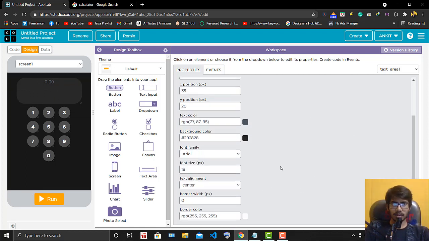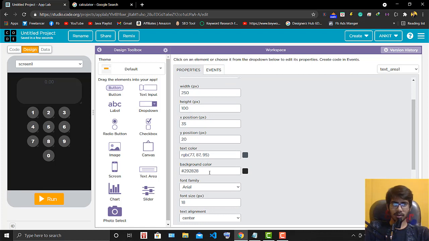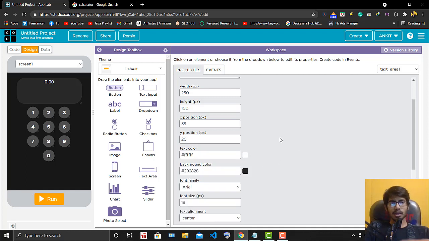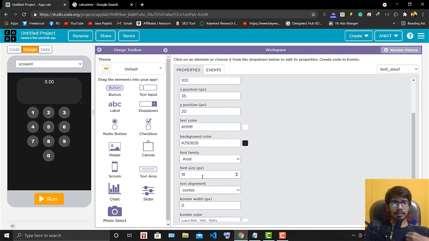Now I will leave this color, and font color should be white there, I don't like that text color, and I will make it fully white. Now we made it, right?